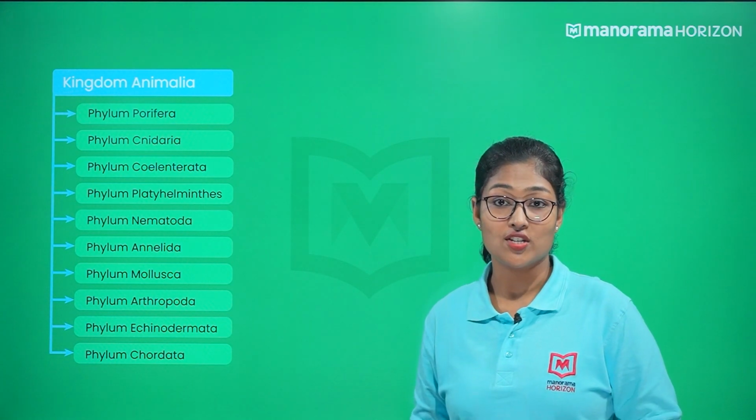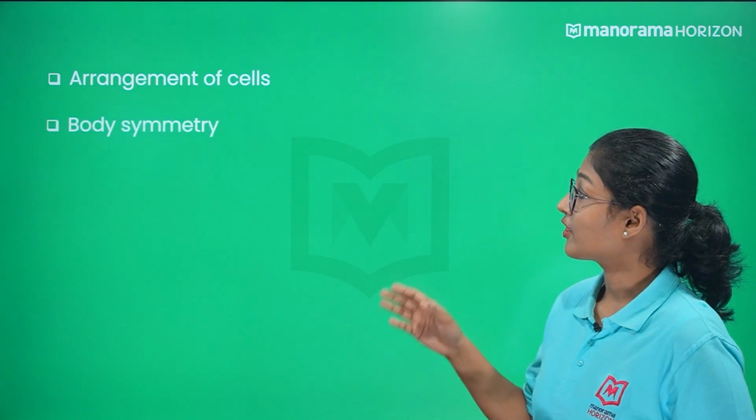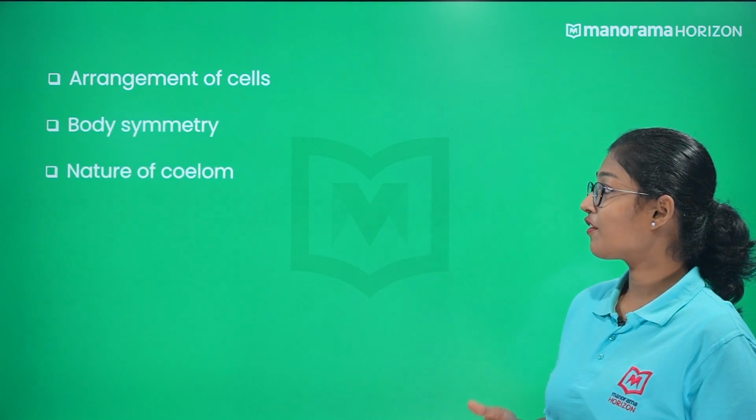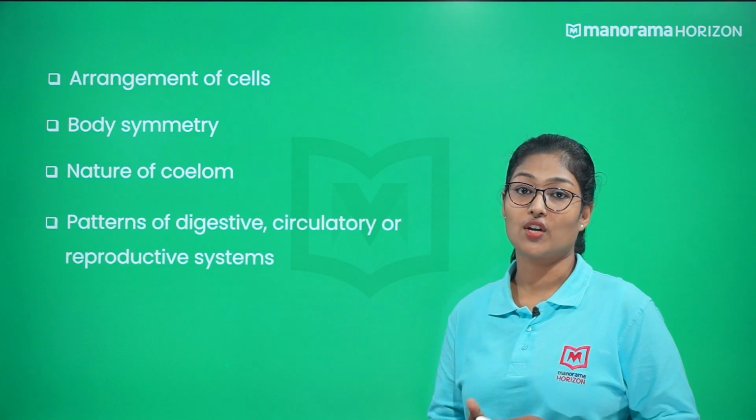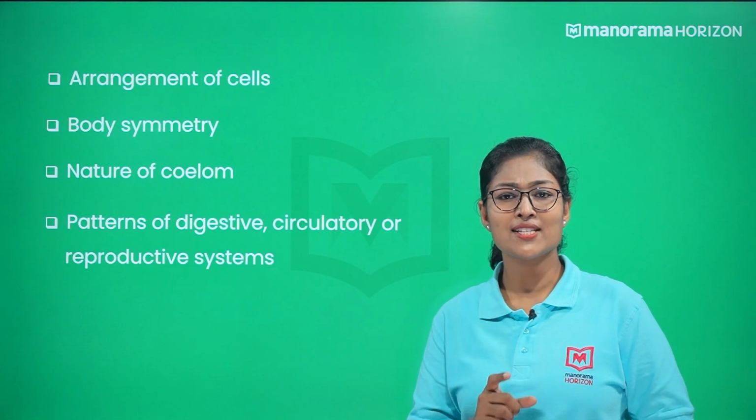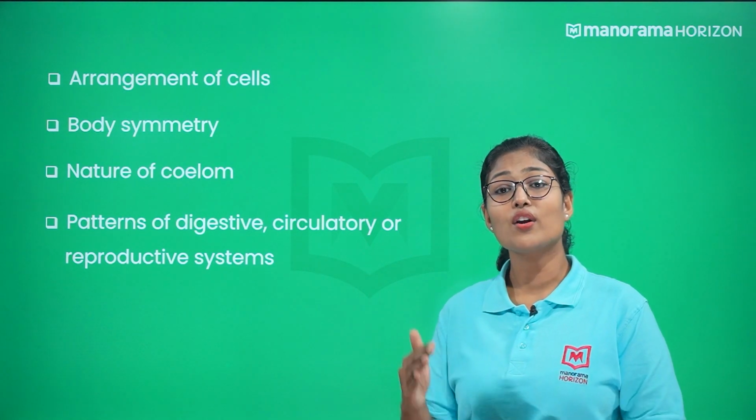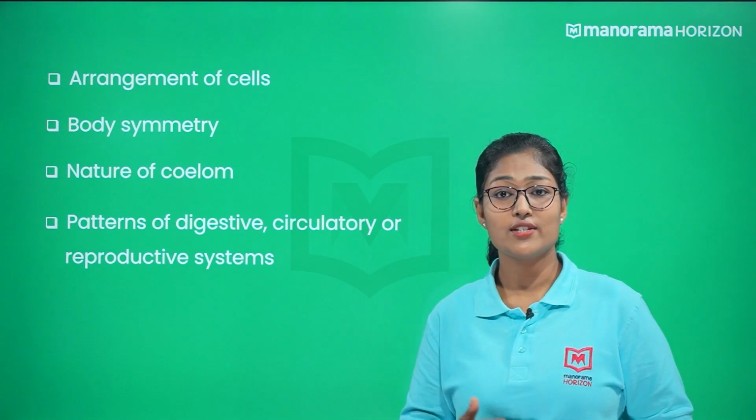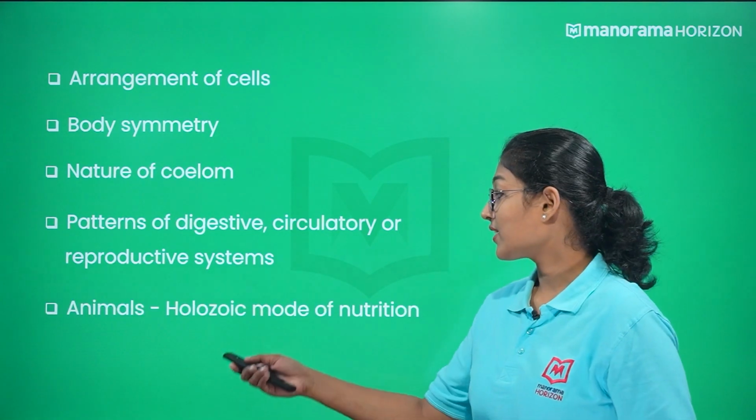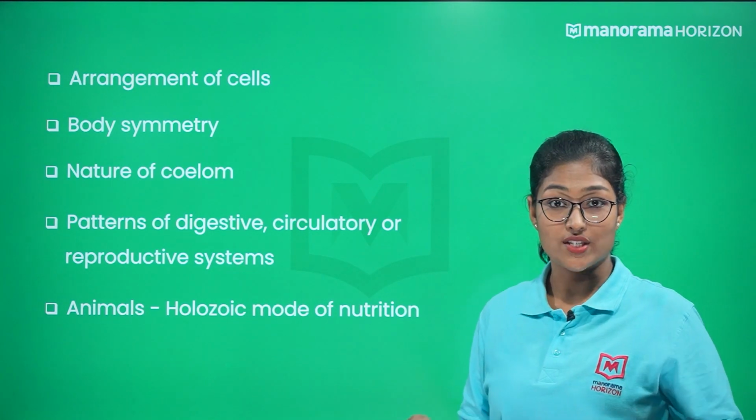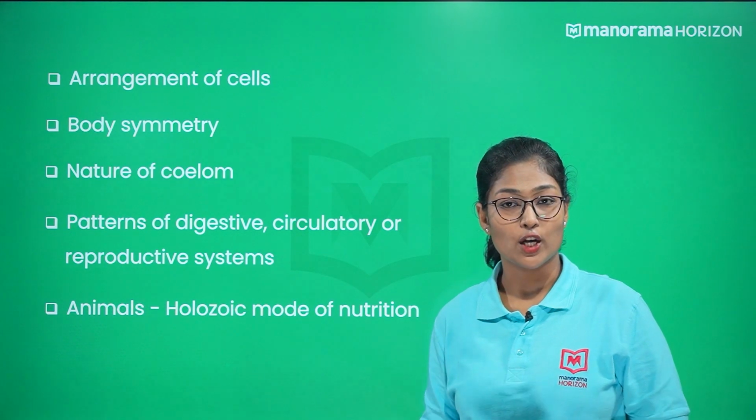The main features which we use to note are the arrangement of cells, the body symmetry, the nature of coelom, and the patterns of the digestive, circulatory or reproductive systems. And basically, the members of Kingdom Animalia depends on plants or other animals for their food. For food digestion, they have an inner cavity. So, animals exhibit a holozoic mode of nutrition, which is characterized by the ingestion and internal processing of liquids or